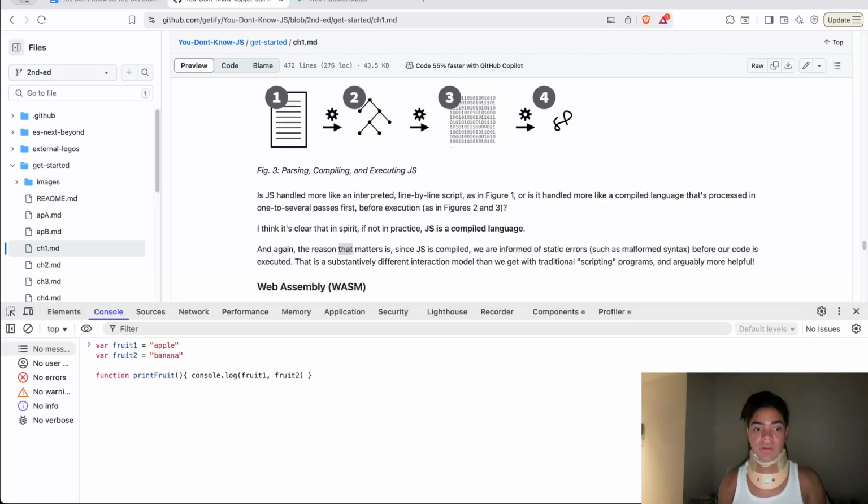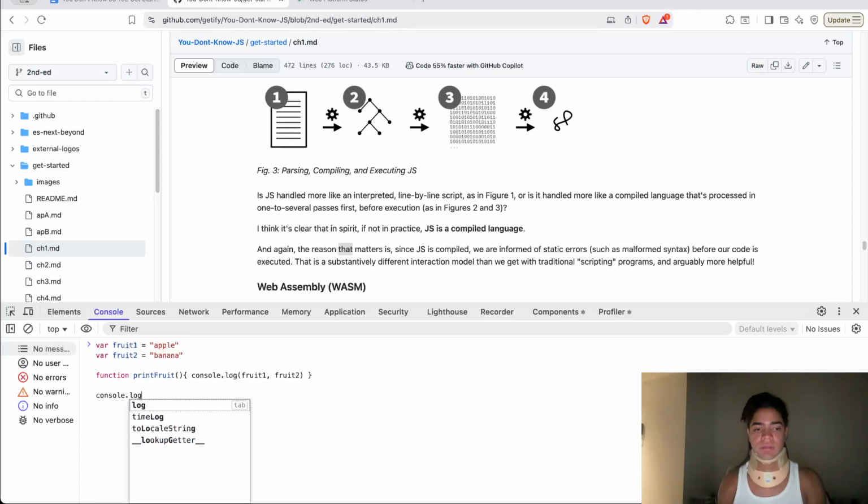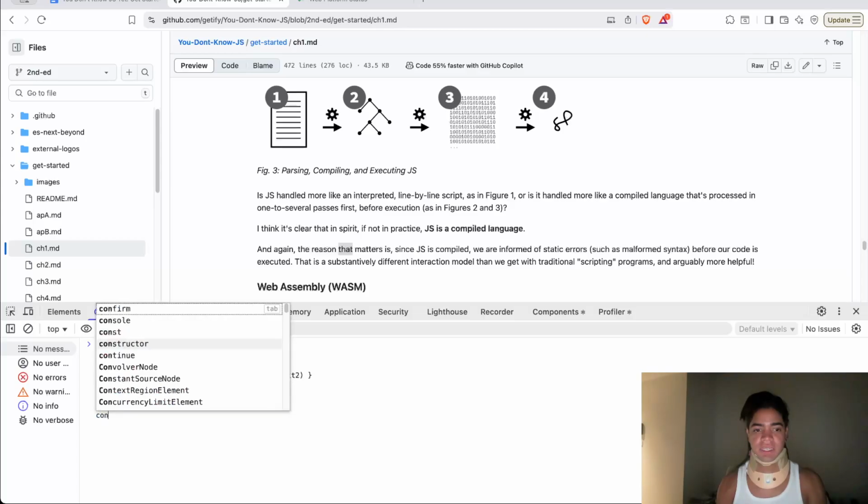And then here you say, I want to now console.log printFruit. Then I make some mistake here, say console